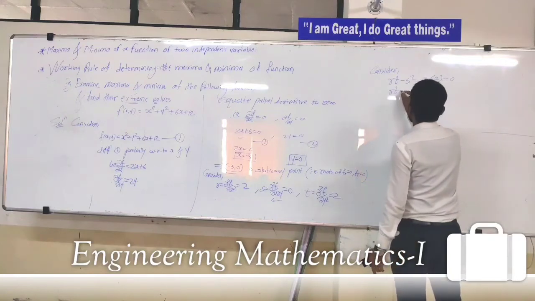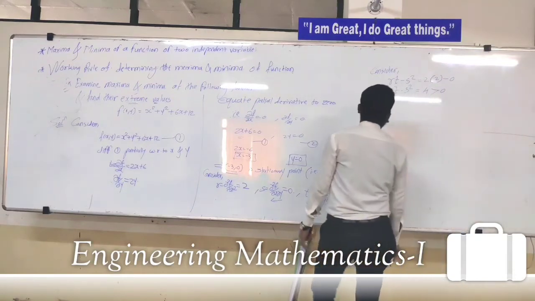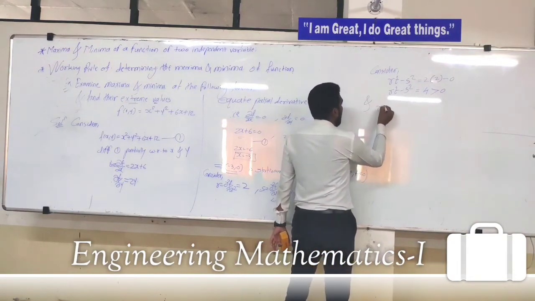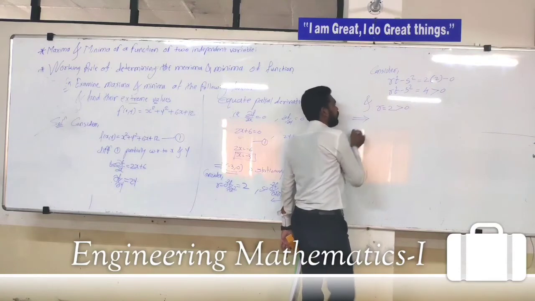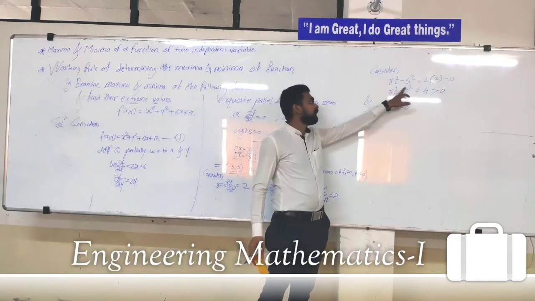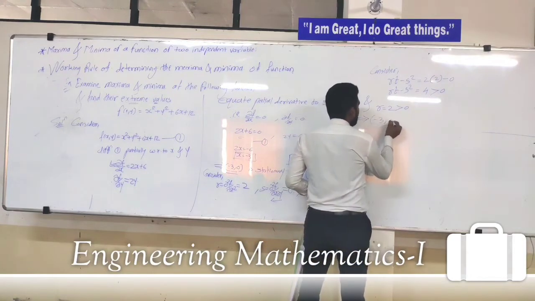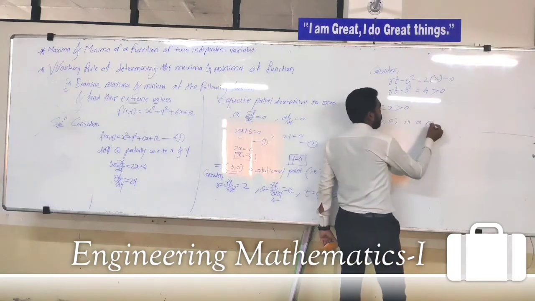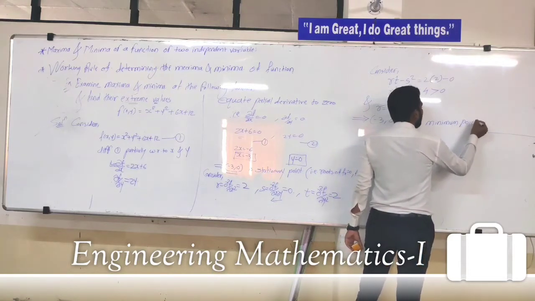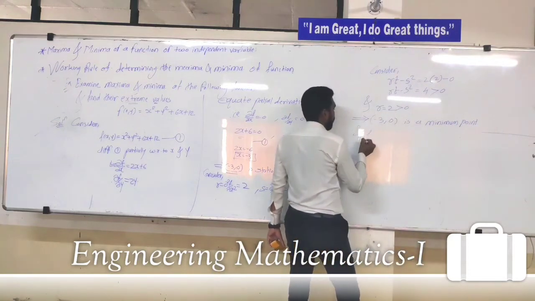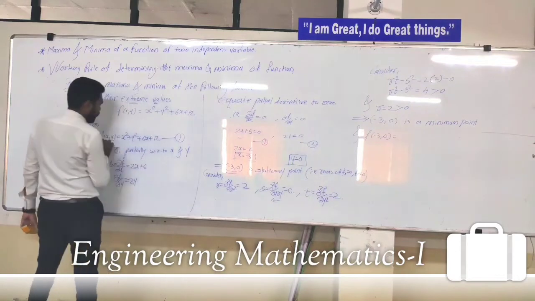So we get rt minus s square is equal to 4, and we know that 4 is greater than 0, and r is equal to 2 which is also greater than 0. So we know that if the value of rt minus s square is greater than 0 and r is greater than 0, then the point (-3, 0) is a minimum point, and f of (-3, 0) is equal to, you know that f of x, y is given,